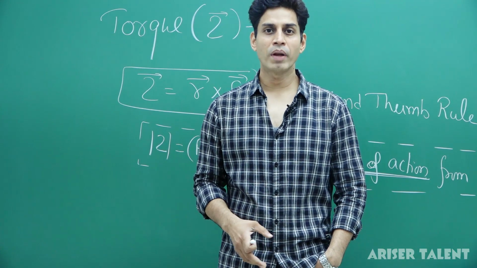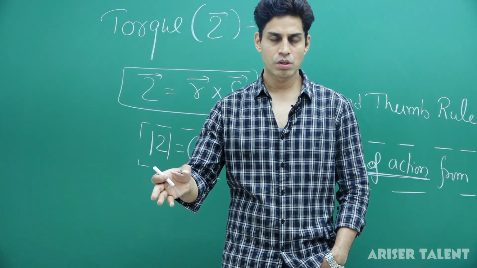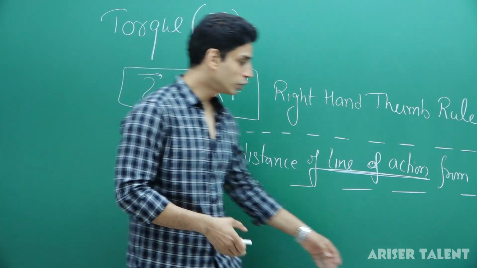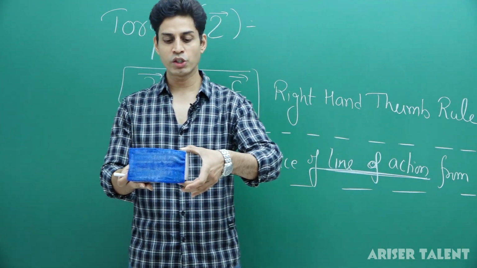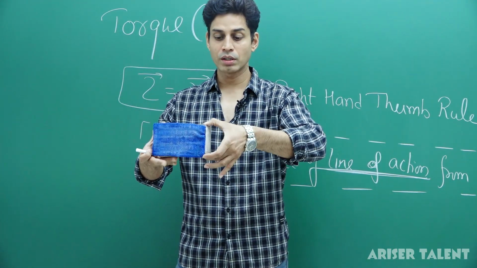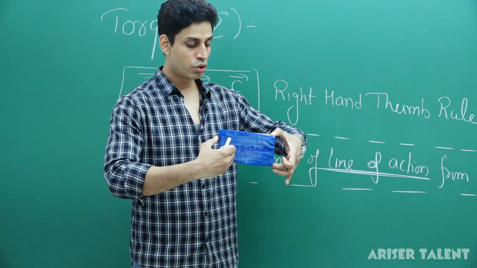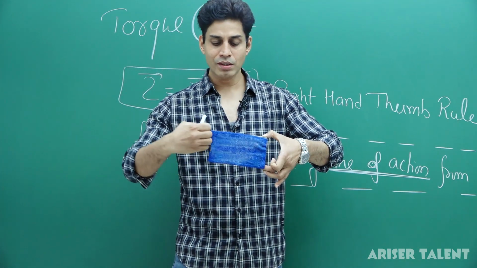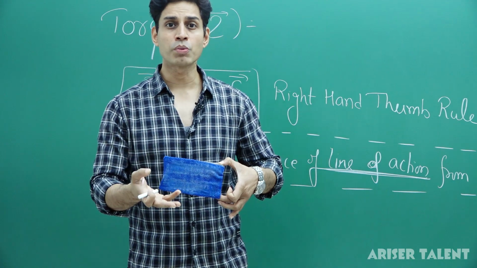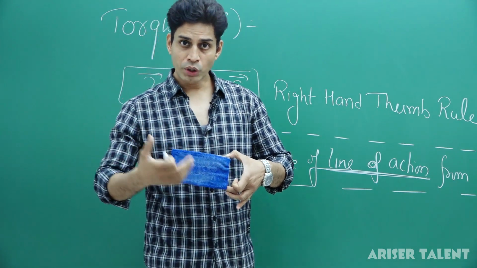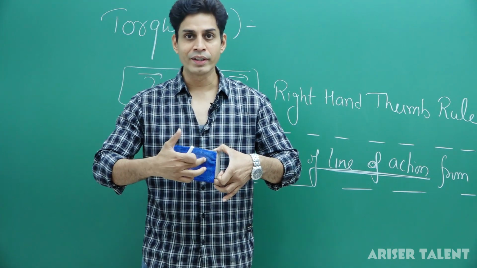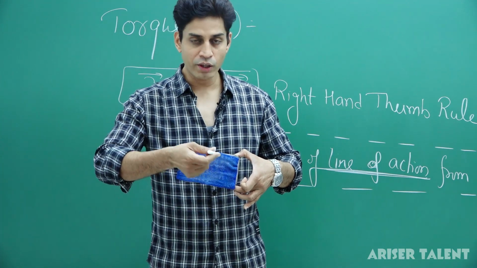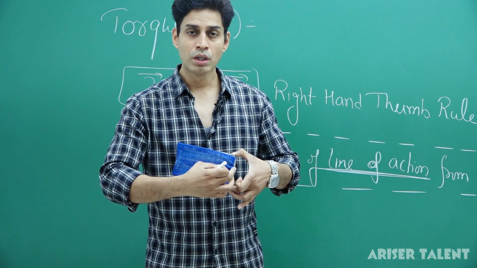From childhood, you are applying torque on so many bodies, like when you are opening a door. If you are opening the door, then you are applying torque. Like this is the door, and it is hinged here. The door is hinged, and this is the handle. So, you apply the force here. Why is this handle not placed here, very close to the axis of rotation? Because if you place the handle here, then we have to apply a great force, because here the perpendicular distance of this line of action is at a smaller distance. So, it will not provide a large torque.